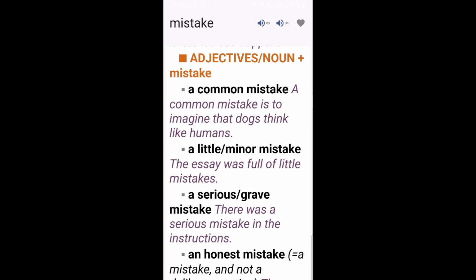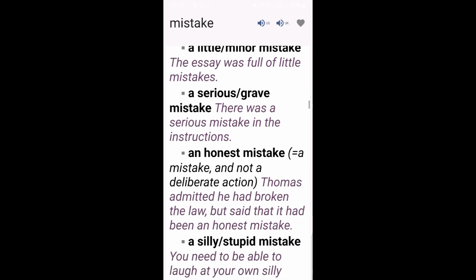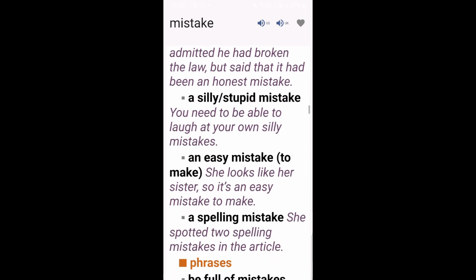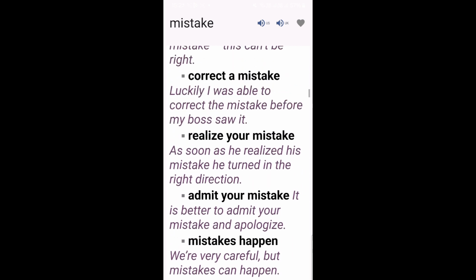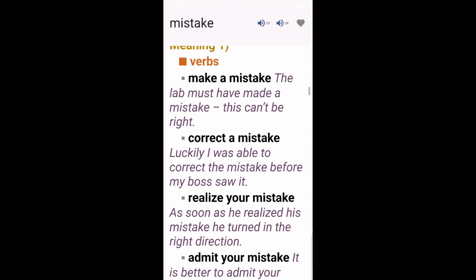Since mistake is a noun, we need the correct verb with it. I do a mistake. Incorrect. I make a mistake. Correct. Collocations help students form sentences more easily. Instead of struggling to find the right words, they can use common phrases like, she made a mistake. He corrected his mistake. By learning collocations, students sound more natural and build